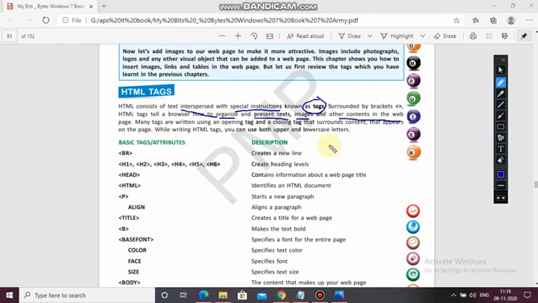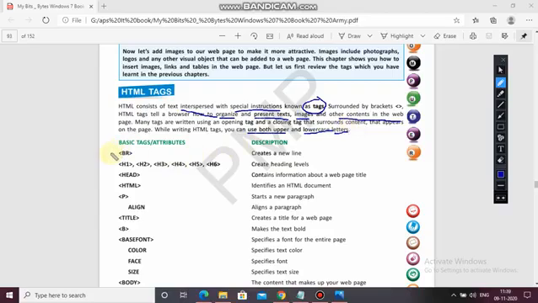Many tags are written using an opening tag and a closing tag that surround content that appears on the page. So many tags are there, the container tags, which have an opening and closing tag both. While writing HTML tags you can use both upper and lower case letters. There is no restriction of case sensitivity, you can use both upper and lower case, capital also and small also. Now basic tags, attributes with description.